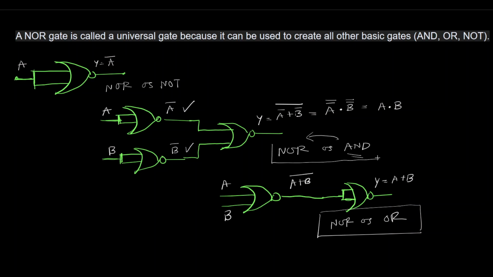So this is how you can easily construct NOR gate as NOT gate, NOR gate as AND gate, and NOR gate as OR gate. So in the next video